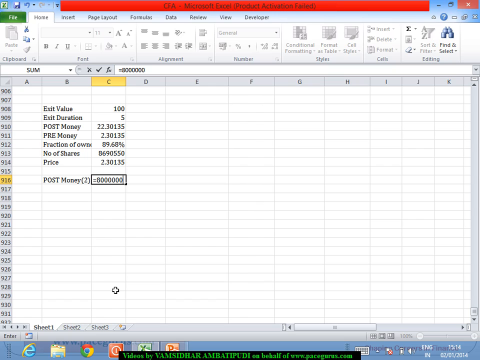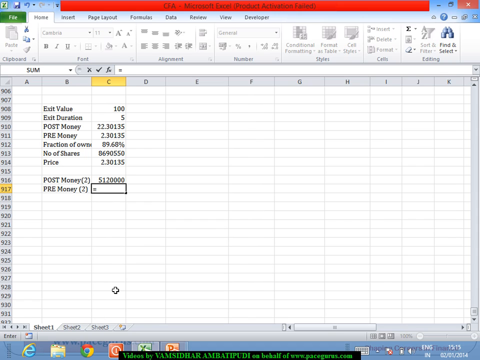In the second period, 8 million is what is expected, whereas the discounting rate is 1.25 because 25% is the discount rate for the second period. So when I am discounting it for 2 years, which means at the end of 3 years, the expected value is 5.12 million. The post money value at the end of 3 years is going to be 5.12 million. So the pre-money at the end of 2 is the post, whatever has come,